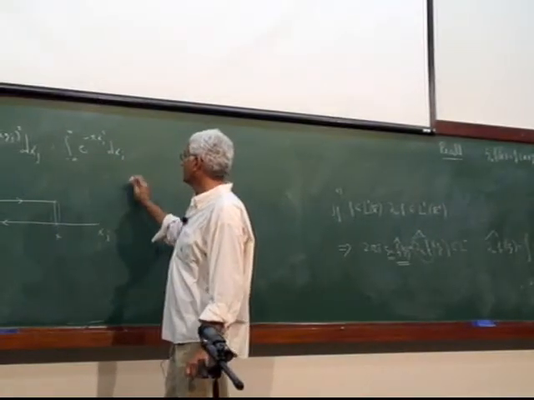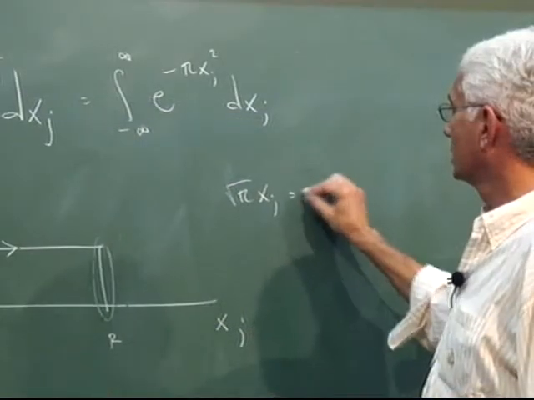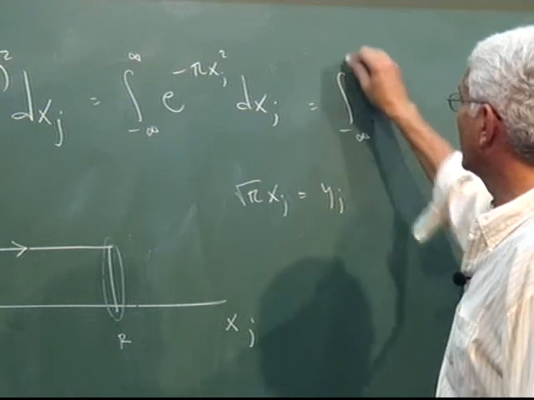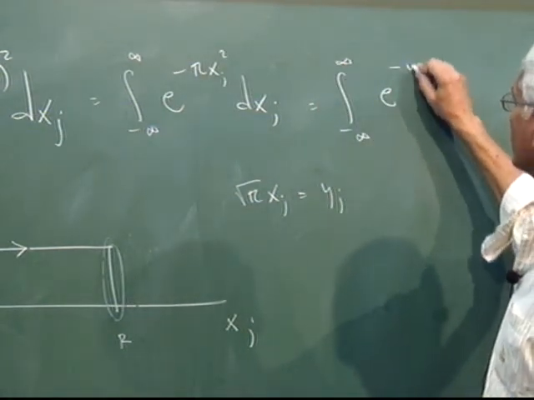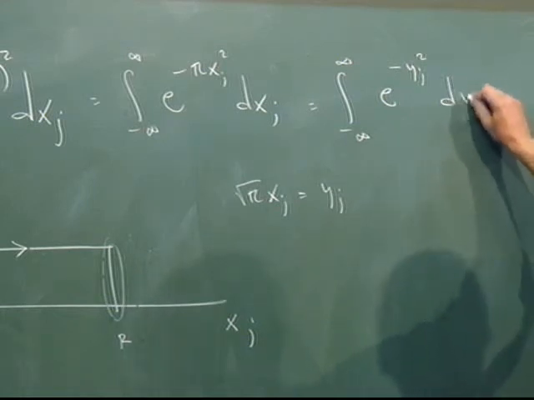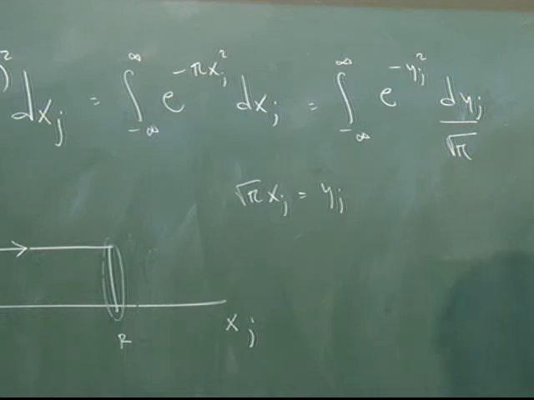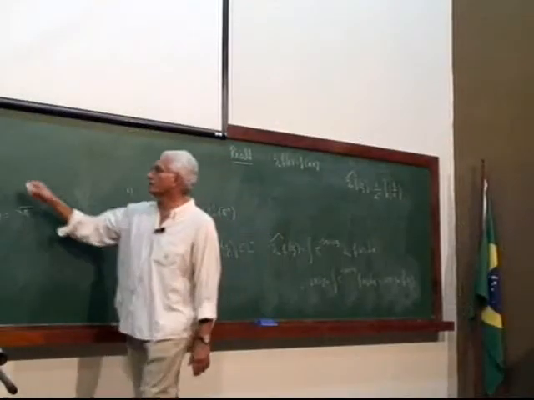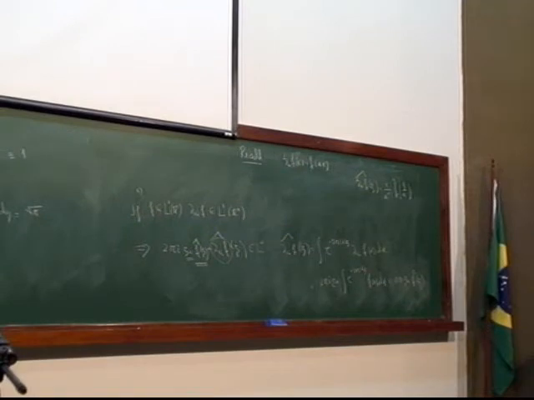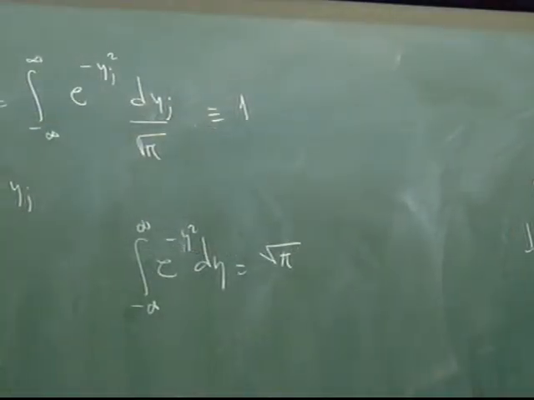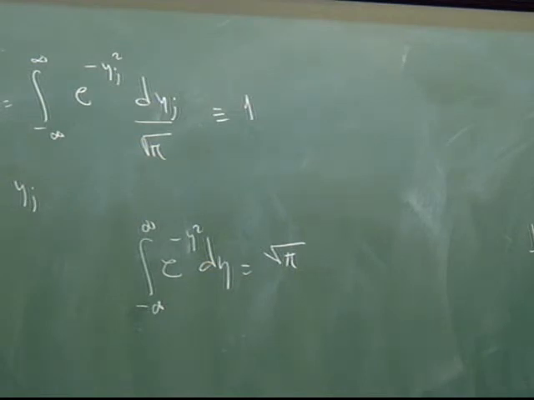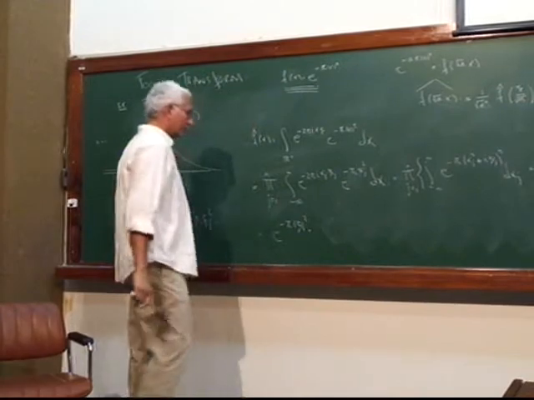And now, what is that integral? Then you take this. Then you change variable and you have this. And now you remember that the integral of this quantity, I think, is the square root of pi, using the trick with polar coordinates and so forth. Therefore, this integral is 1. Then all this integral is 1. You have the product of this quantity, and that gives you this. Therefore, you have proof